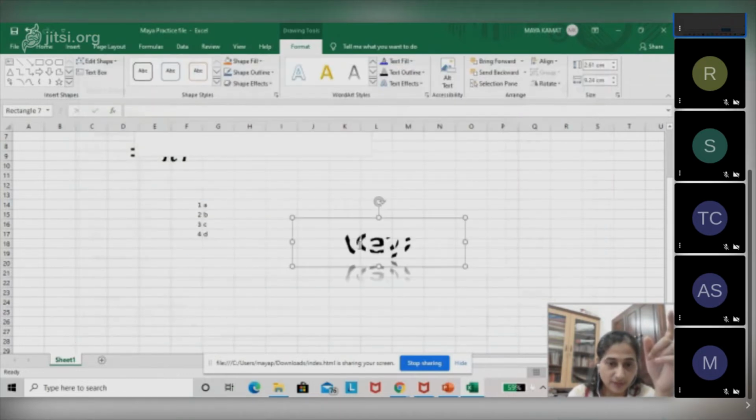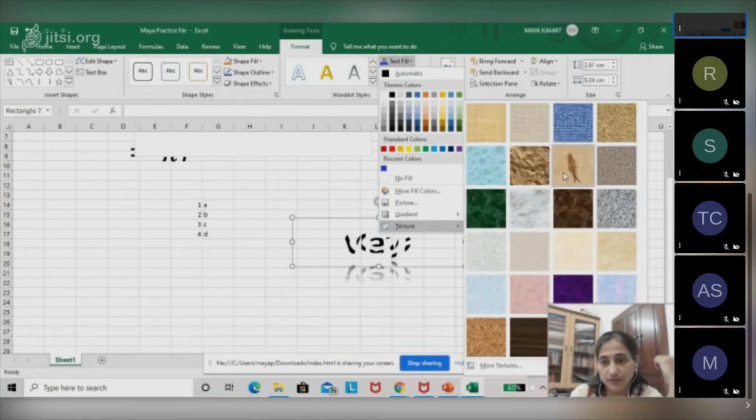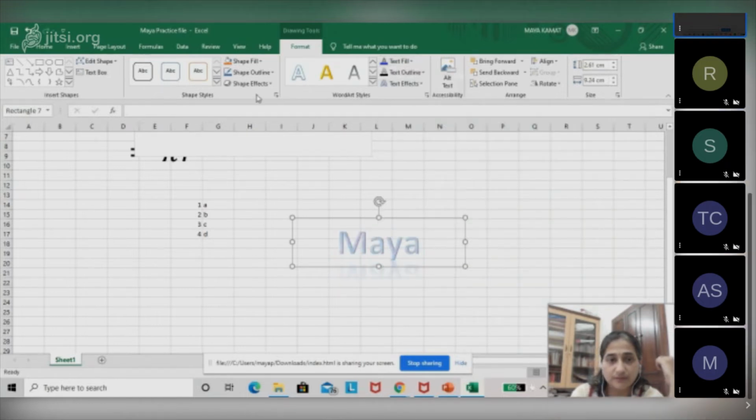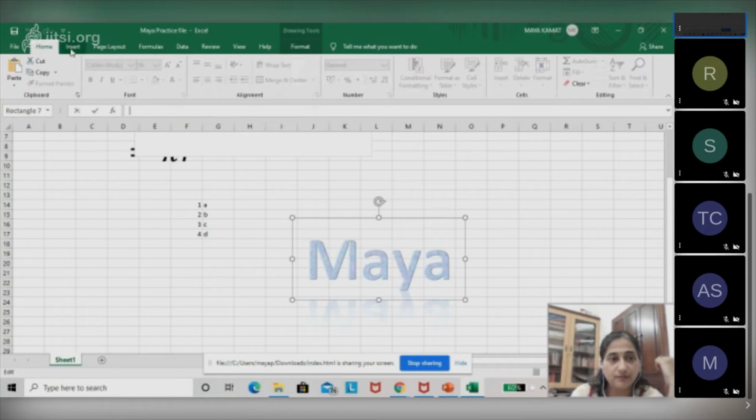See, are you getting it now? So it is coming with that effect. If you want it to be filled with a pattern, just notice the changes. Is it visible, people? Let me know if it is not visible to you. This is for the gradient fill.